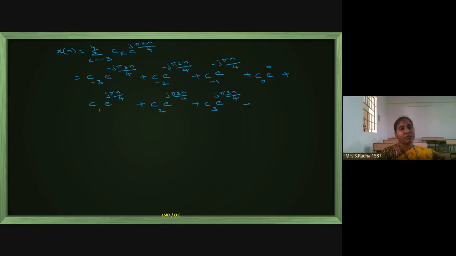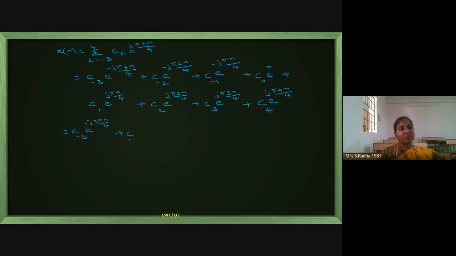Like this, how much do I have to do? Summation limits are there up to 4, so 8 components will come. So I have to write up to those factors. 8 components completed. Now wherever simplification is possible, I will simplify. Wherever cancellation in the exponential power is possible, I will simplify. This is c minus 3, no simplification possible, so e power minus j 3 pi n by 4 as it is I am writing.